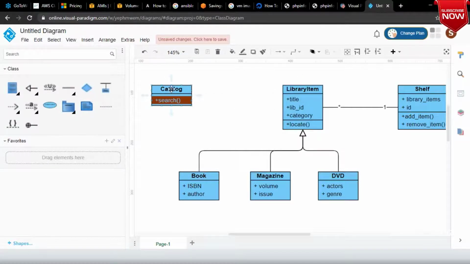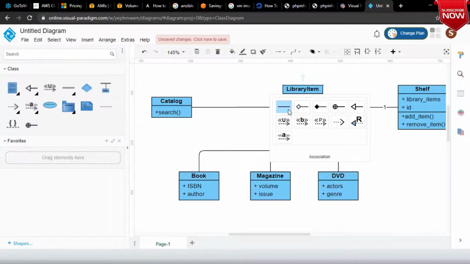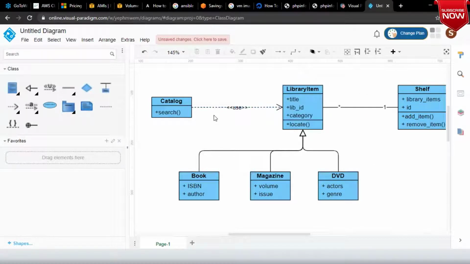Okay. Let me do one thing. Let me basically drag it out. Okay. So here, is it association? Is it aggregation? Is it composition? Is it containment? Right? Generalization? It is just a usage. Okay. So whenever you are defining relationships, you have to basically define something like this.